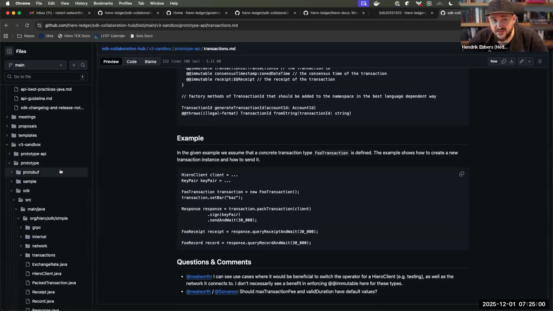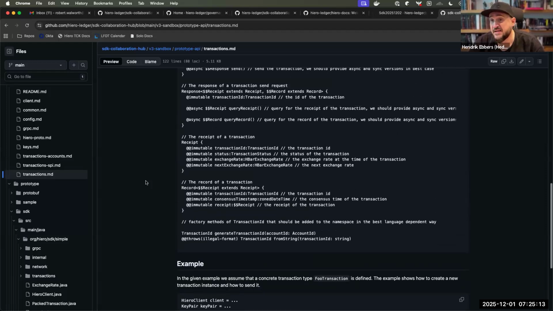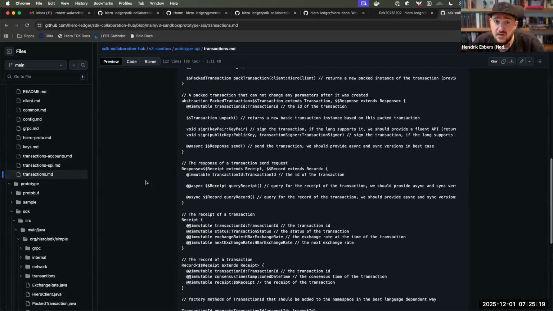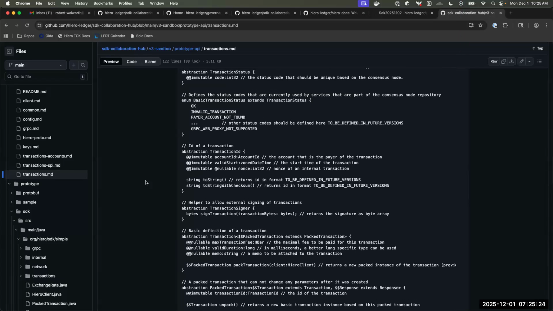And I think it's important to say that it's a moving target, right? Having the transactions MD file with content doesn't mean that we're done defining the transactions API. That is the current state. Whenever you have questions, whenever you think something should be different, all that information is more than welcome, because all of that is a moving target. I think that is very important here. Even if we decide that all makes no sense and we need to do it in a completely different way, that is totally fine.